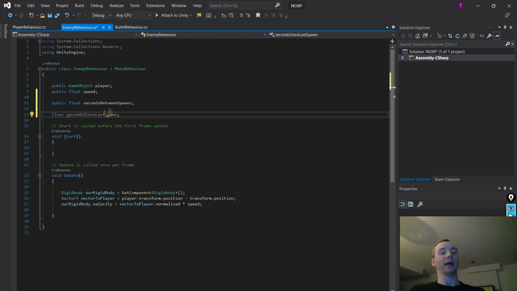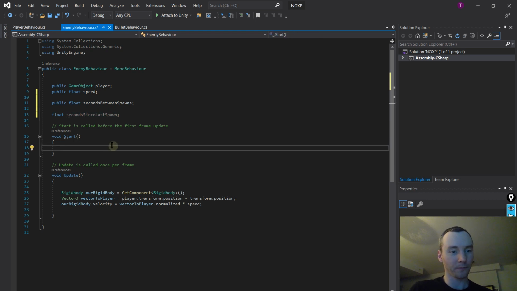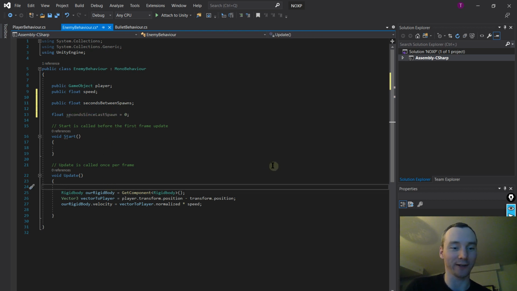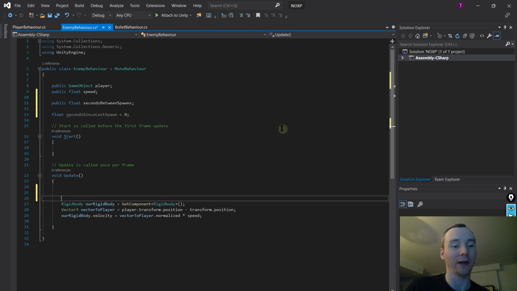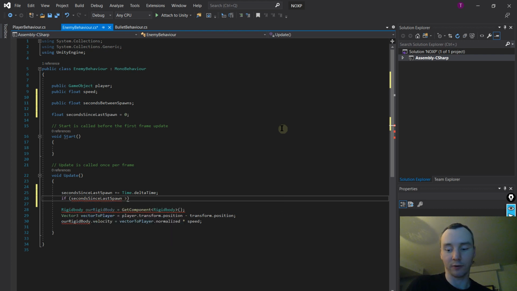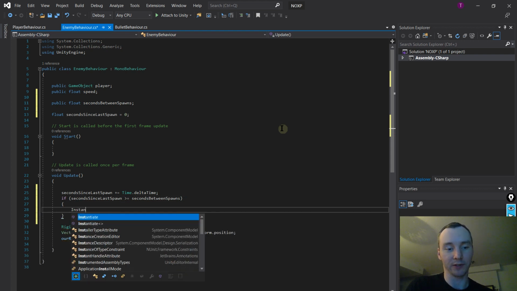And we'll have to do the same thing where, wait a second, this is going to be 0. Unlike our rate of fire, this can start at 0 because we want it to tick up and not spawn anything until it reaches a certain value. So in update we're going to increase it by Time.deltaTime. And then we're going to check, is seconds since last spawn greater than or equal to seconds between spawns? And if it is, we want to instantiate